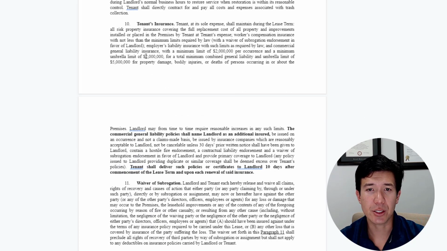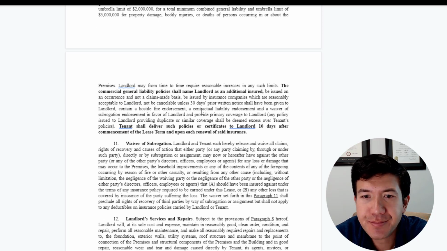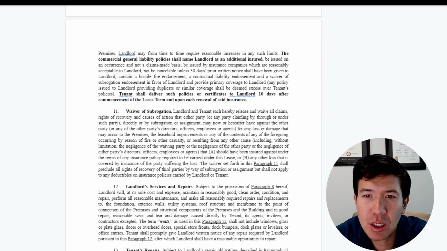Utilities, insurance, again, choose a number that makes sense for your lender if you have a lender on your property. Also based on the use, the size of the building, but $2 million, $5 million is pretty good. That's going to cover a lot of buildings. And it's kind of like measuring how many people could get hurt at once. So maybe 2 and 5 million is good for the building. It's going to have to be a judgment call.